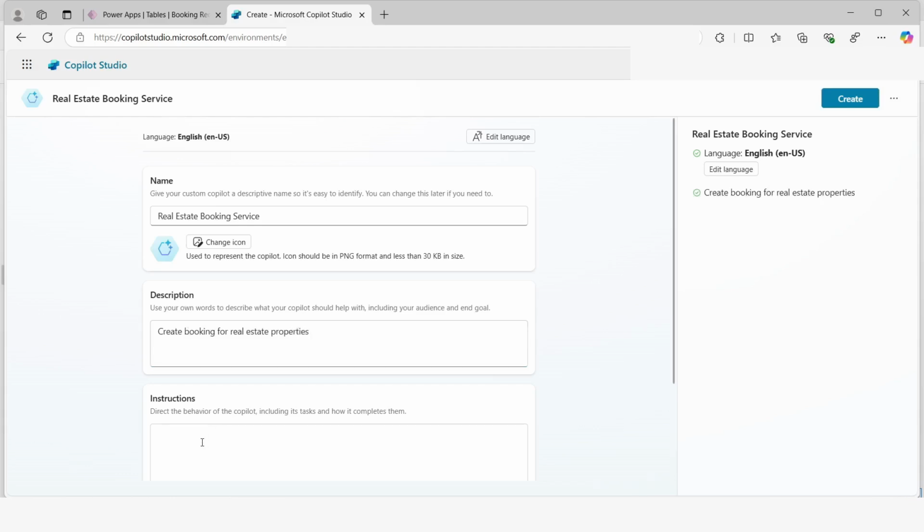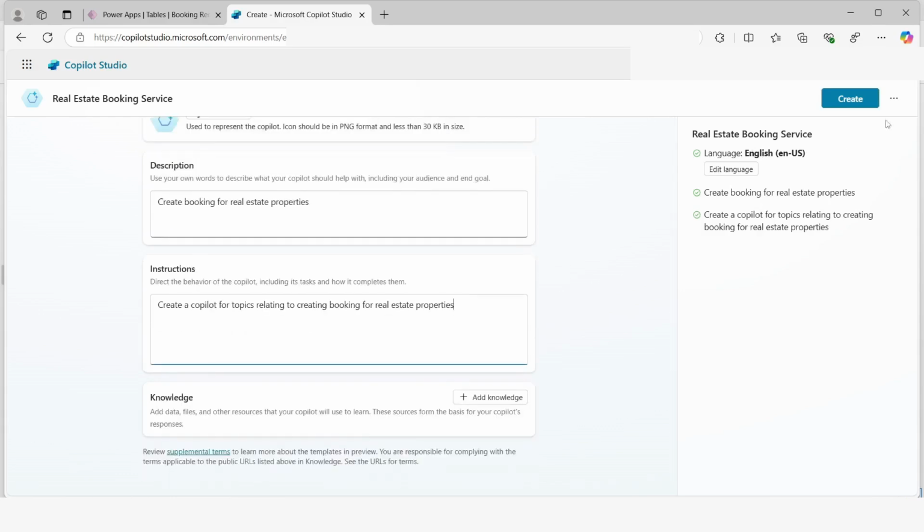In the instruction, I will write: create a Copilot for topics relating to creating bookings for real estate properties. You can see the language is English. I will click on this three dot